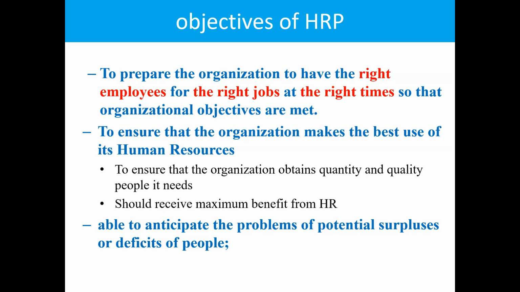So then obviously we can estimate, we can anticipate, in other words, potential problems of deficits and surpluses. Let's say for the coming December, according to our estimate, we need 500 people. But due to this crisis and sudden migrations, we will have only 400 people. So there is a 100 people shortage. So we must have a mechanism to replace that,